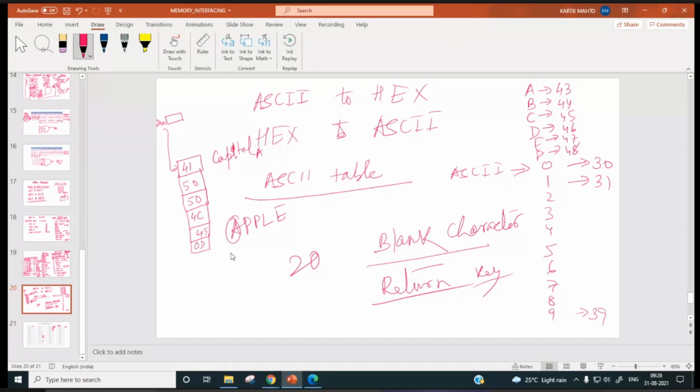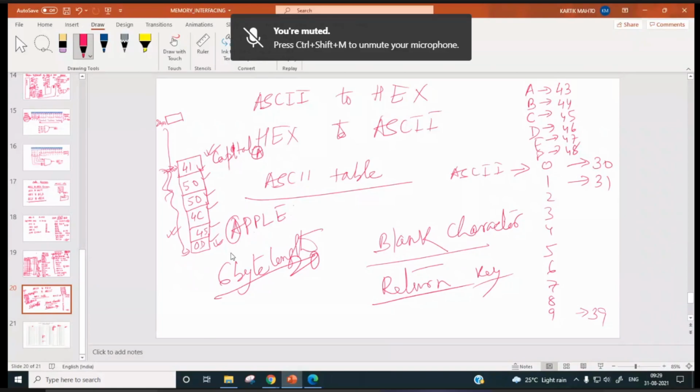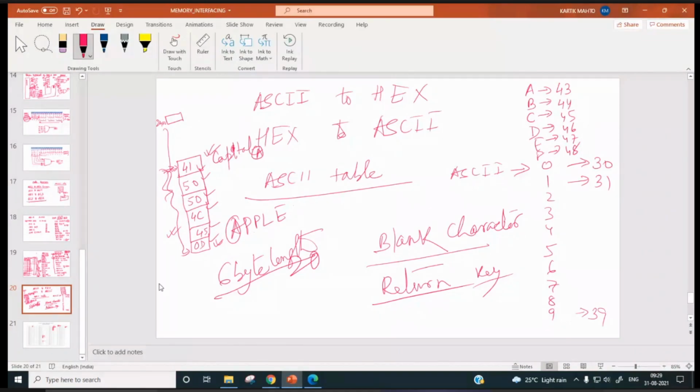So you have to find out the length of this ASCII string, which starts from a typical character, 41 or this A, and ends with carriage return. So 1, 2, 3, 4, 5, 6. It is 6 bytes in length. So the ASCII string is of 6 bytes. This type of question you will see in your programming list, and in the laboratory also.